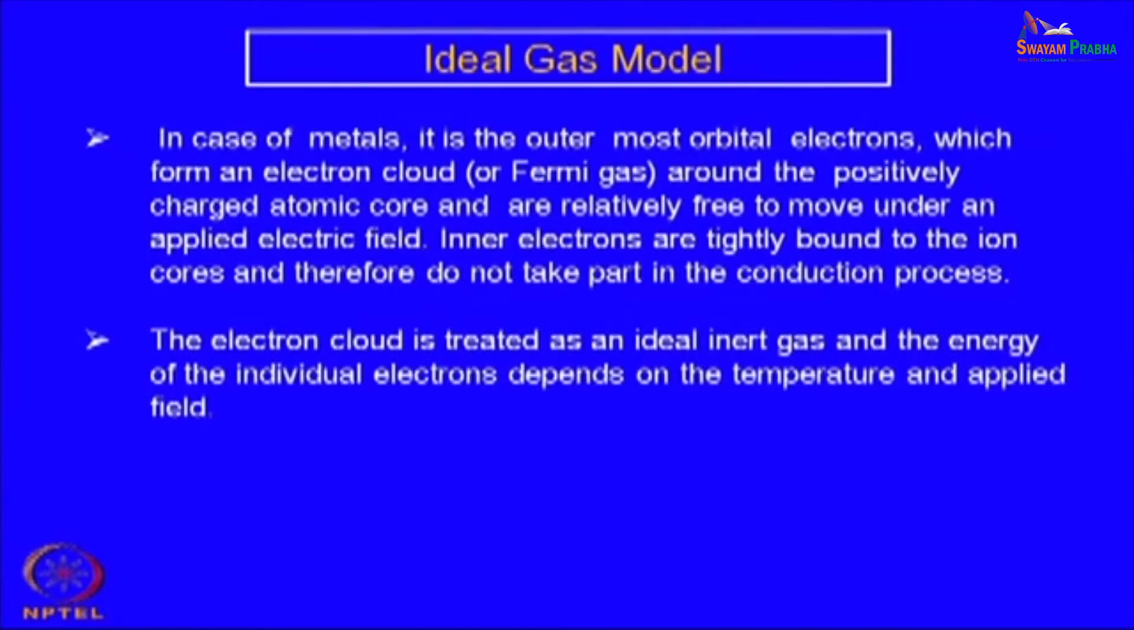The other assumption is the electron cloud is treated as an ideal inert gas, that is why it is called the ideal gas model. So, we are talking about a cloud, that means an electron gas, that is why it is also called the electron gas. So, it is as if a gas is there where the particles are basically electrons. It is very difficult to distinguish one electron from the other, but it is a combined